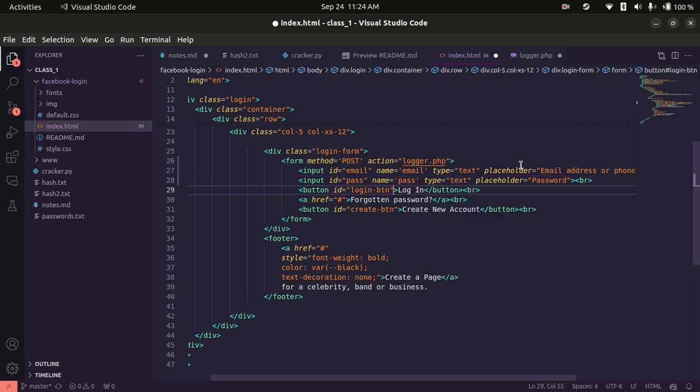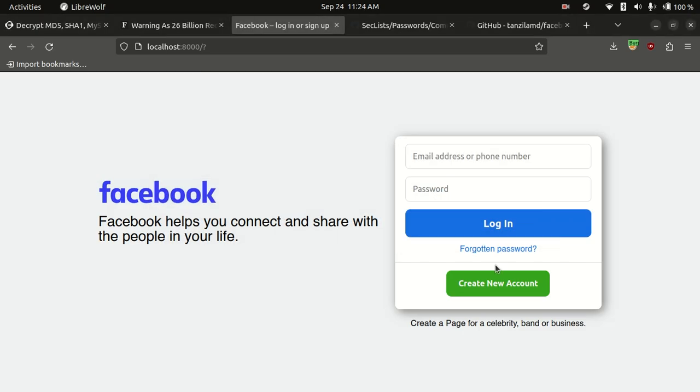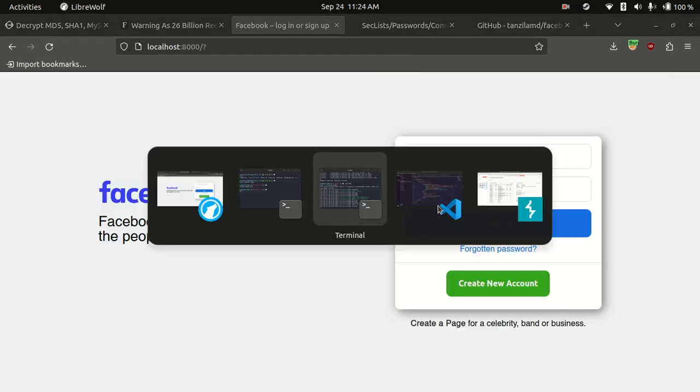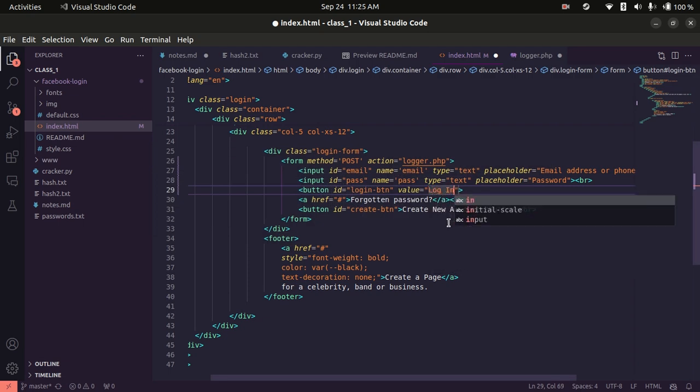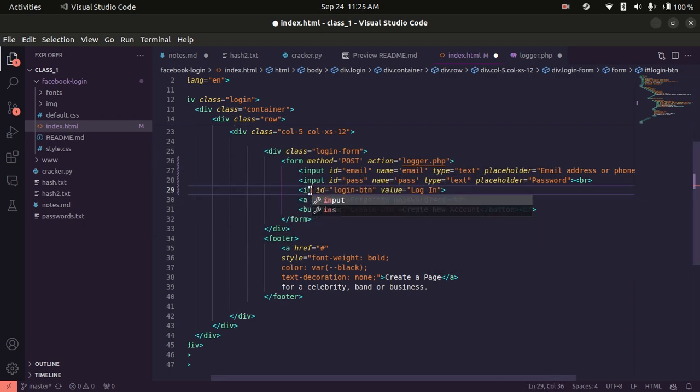And in this login button, we are going to change it. I believe it has to be an input for that. Yeah, we're going to change this. Value equals login. Input type equals